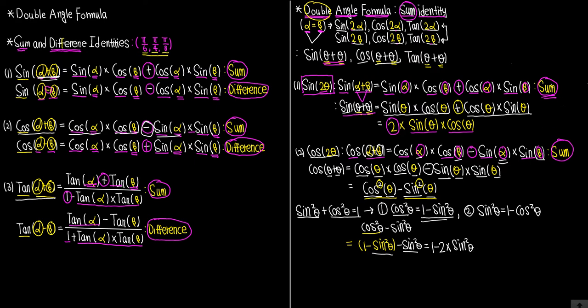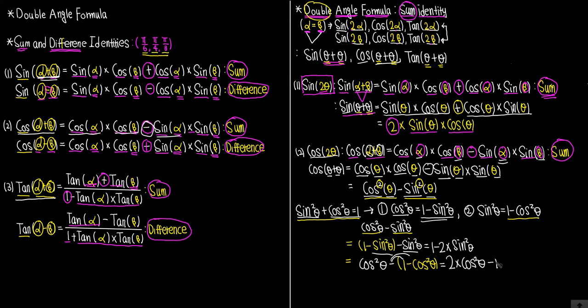Another version is that when you input sine squared theta as 1 minus cosine squared theta using the Pythagorean identity, sine squared theta plus cosine squared theta is equal to positive 1. So you will get cosine squared theta minus, instead of sine squared theta, you can input 1 minus cosine squared theta. And if you distribute the negative sign to each term, then you will get 2 times the cosine squared theta